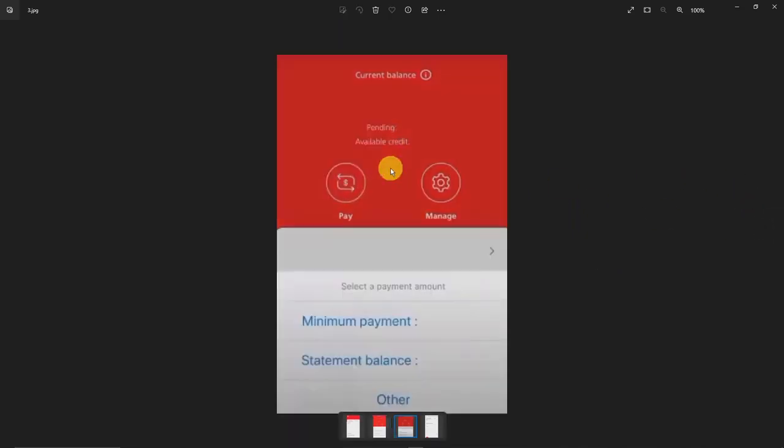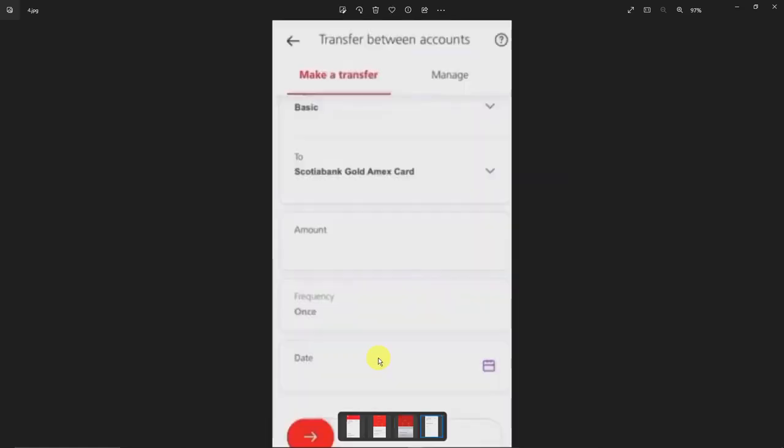After clicking that pay option, you're going to see minimum payment and statement balance on the bottom part of your screen. They will pop up. You can either choose the minimum payment or just pay the full statement balance amount. Next, after choosing one of them, you'll arrive on this platform where you just need to